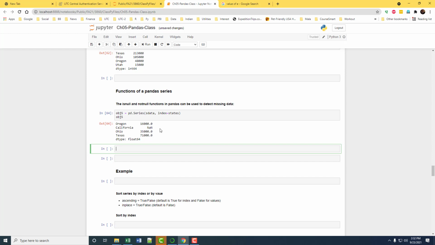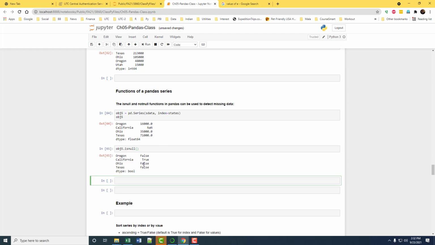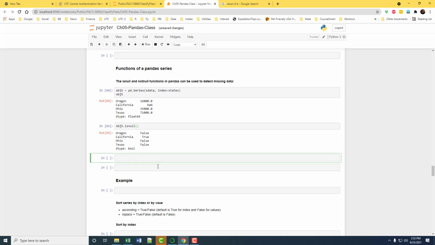Right? Then obj5, okay, then you can use isnull. So that will give you for each element whether it is a null value or not.